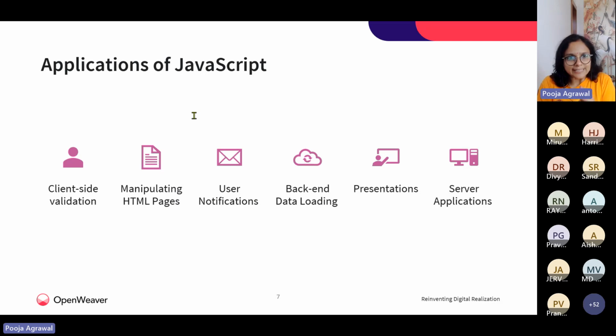We could use Reveal.js and Bespoke.js libraries to provide web-based slide presentations within the web page itself. And then we talk about server applications. Node.js is built on Chrome's JavaScript runtime for building fast and scalable network applications.